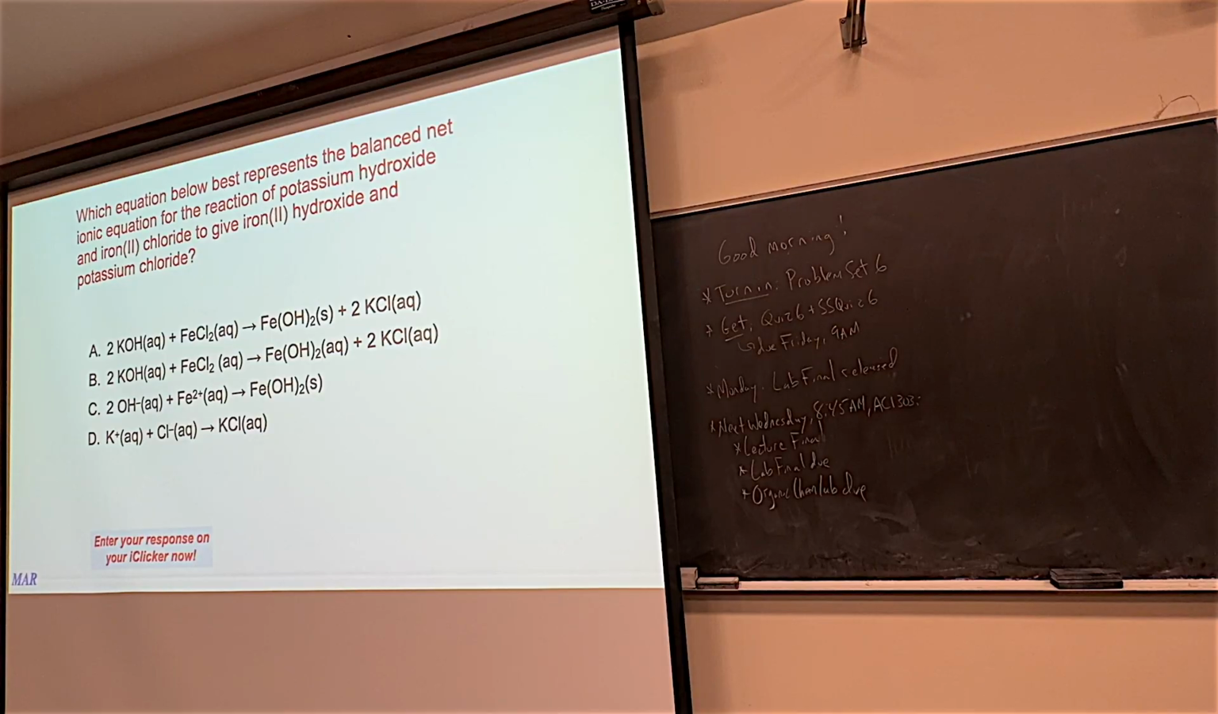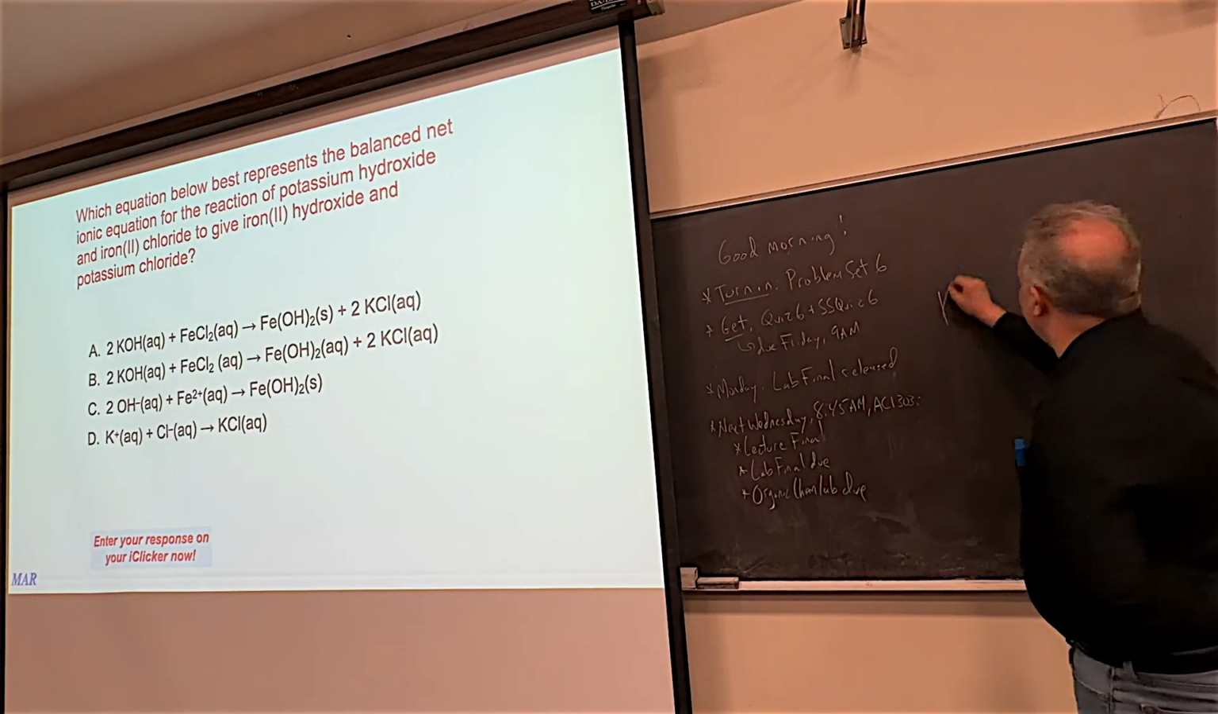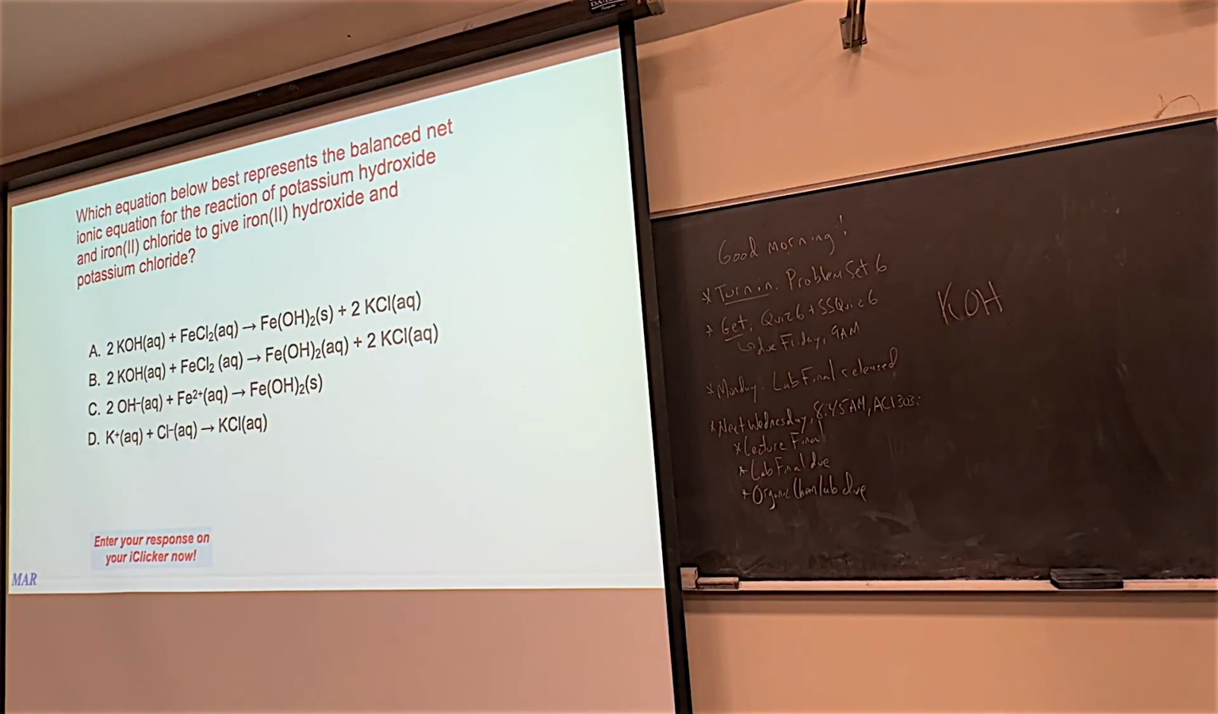Potassium, group 1A, positive 1. Hydroxide, a polyatomic ion, OH minus. So when they come together, KOH will be the formula for potassium hydroxide. Iron 2 means you've got a Fe plus 2. Chloride, like always, is minus 1. So when you put those together,